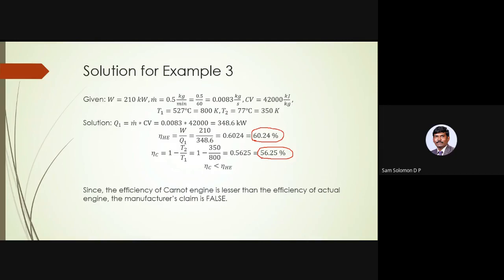Compare both of these. If the COP of the Carnot heat pump is greater than the COP of the actual heat pump, the claim is correct. If the COP of the Carnot heat pump is lesser than the COP of the actual heat pump, then the claim is wrong. So here I have shown you the example of a heat engine. A similar thing can be asked for a refrigerator or heat pump also, so you have to solve it accordingly. Is that clear? These are all very simple questions. Now that in the third unit we have only the second law, it will be very easy for you to score marks here.